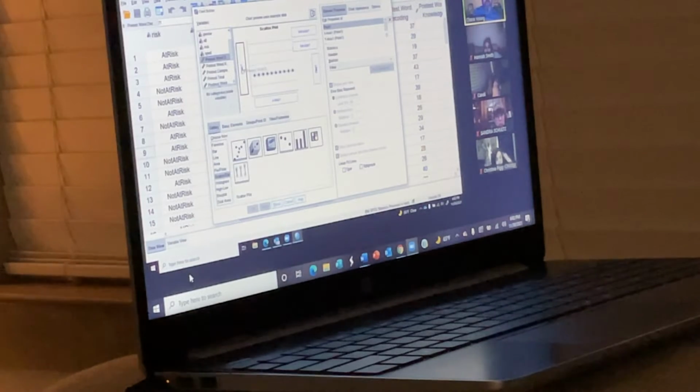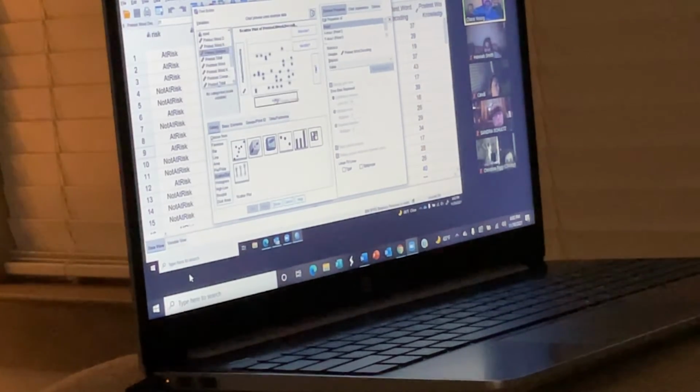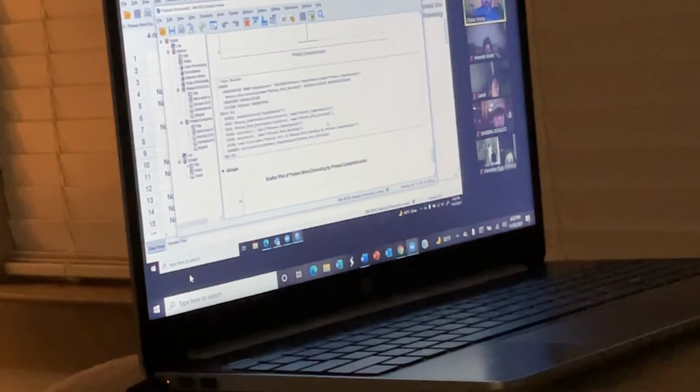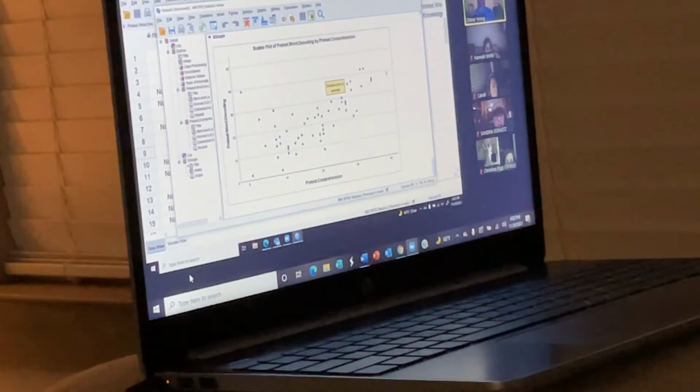Doesn't really matter because we're just looking at correlation, not causation. Doesn't matter which one we put it on. And our pretest comprehension. So we have that correct. And here's what it looks like. And it looks like it's linear-ish. It's going like this. We do have some funky dots out there that's going to end up being just